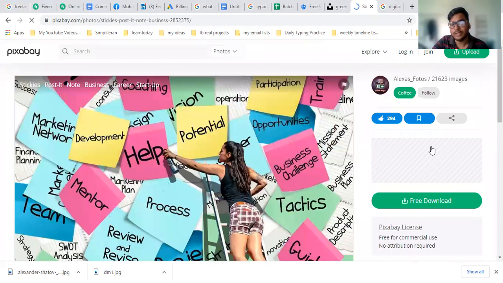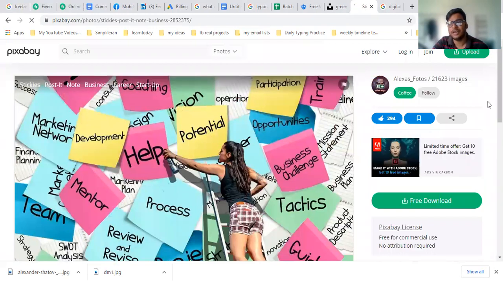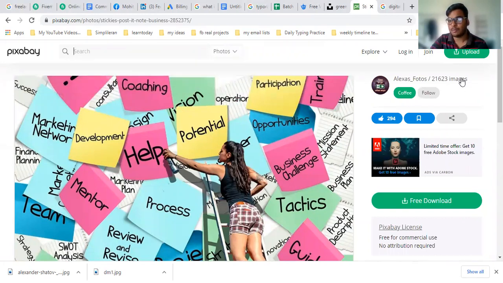The interface is similar but somewhat different. You can also upload images if you have some and want to upload them on these sites, and you can earn money from these sites.